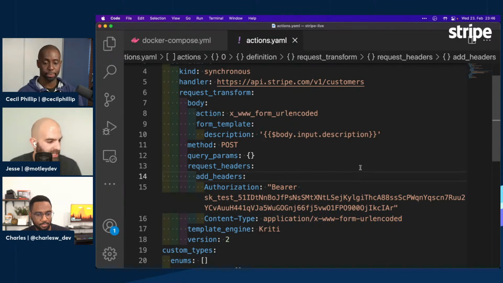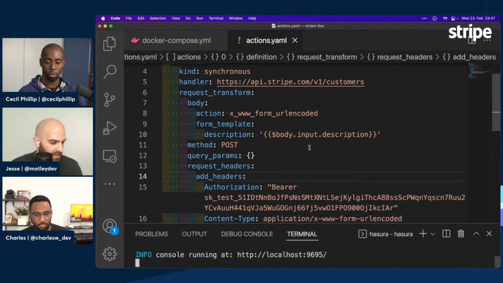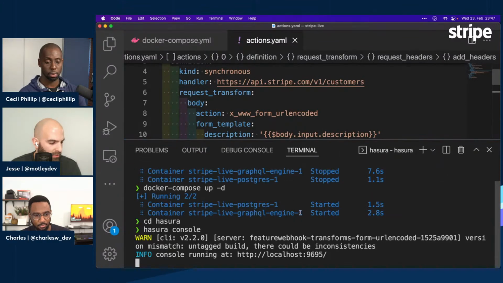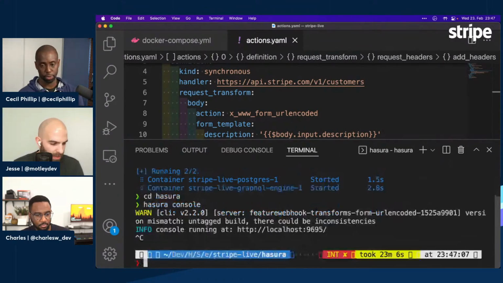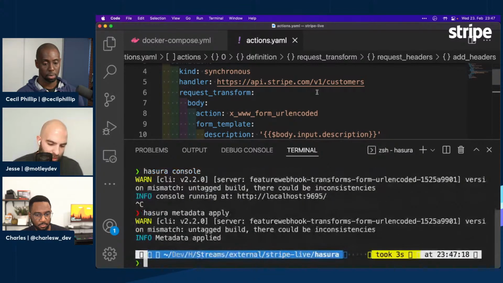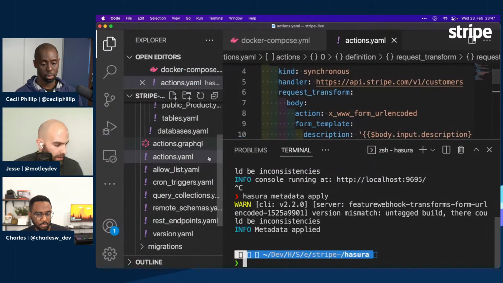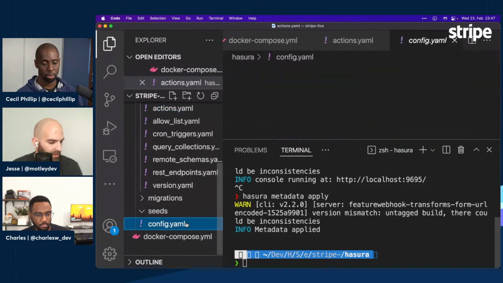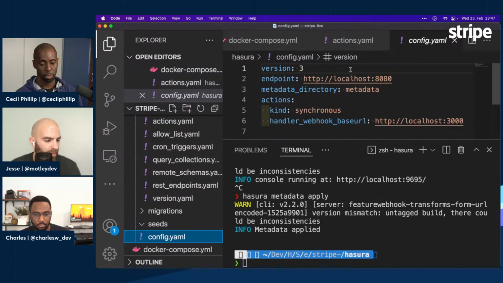Right. Okay. So I'm going to save this here. And now I've saved this bit of metadata, and I'm going to stop the console for a minute. And I'm going to say hasura metadata apply. What it's going to do is look for this config file that it sees at the root directory of where my running application is,